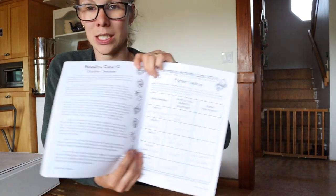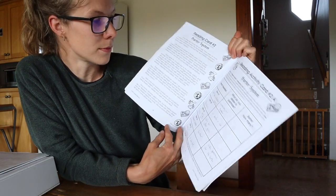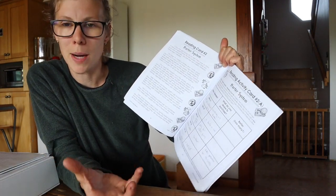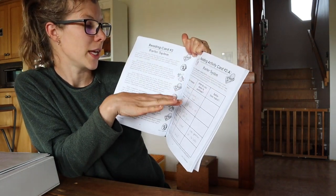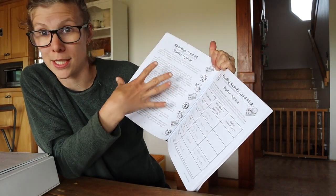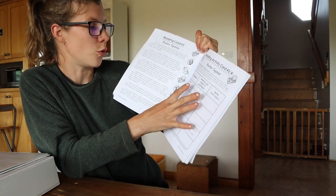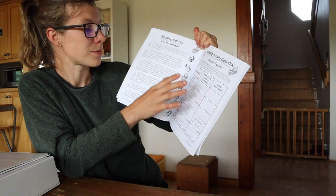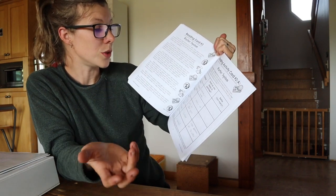So it's not a math book in terms of 1 + 1 is 2, but teaching you about money and the history of money, and this one has a Canadian base. It goes through the barter system and what the barter system used to be. And then we can write out, like, this activity here was you